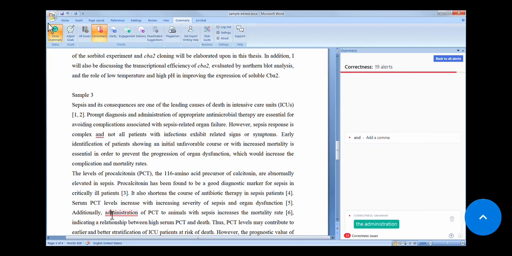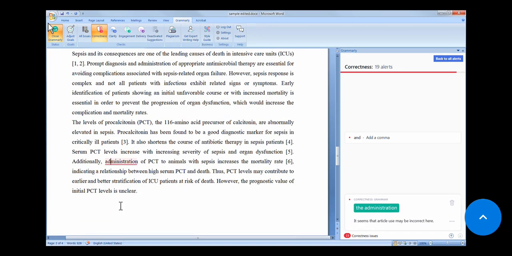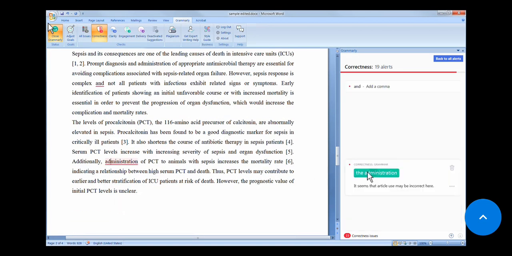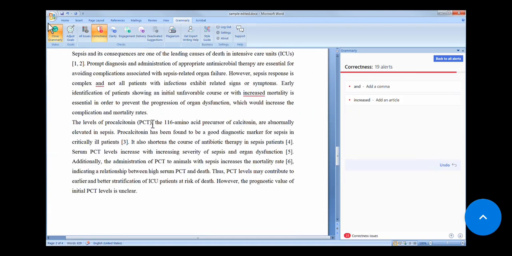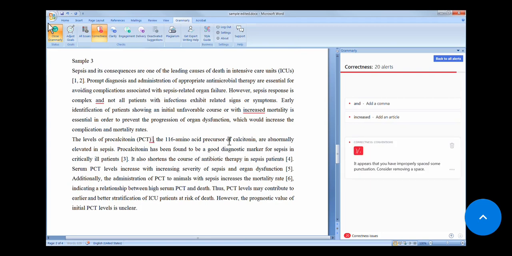This text is already well edited, so you won't see many mistakes, but sometimes, for example, there is an extra space before a comma, and it will detect that and ask you to correct it, so it can correct many minor mistakes.